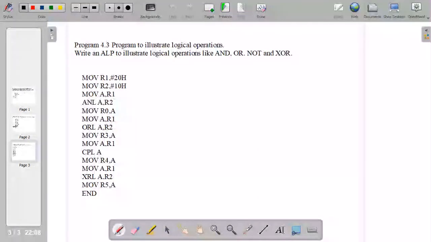Next program is to illustrate the logical operations. We have the assembly language program written to illustrate the logical operations AND, OR, NOT and XOR. The two inputs taken are 20H and 10H.